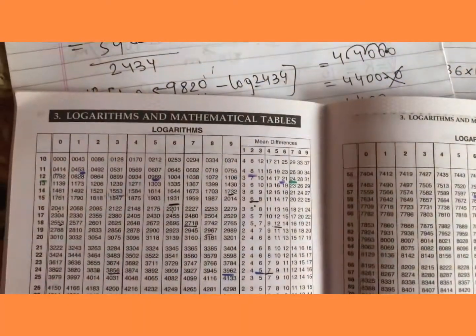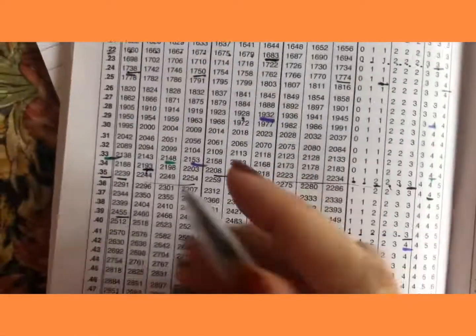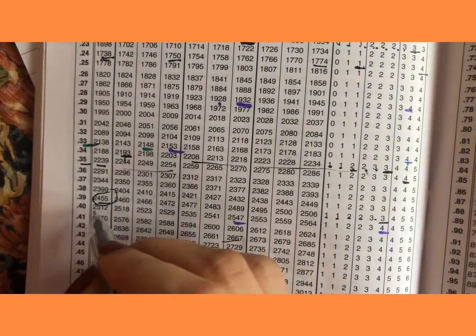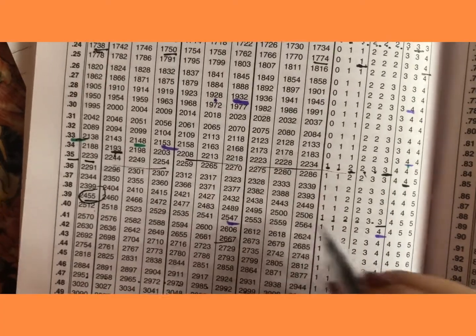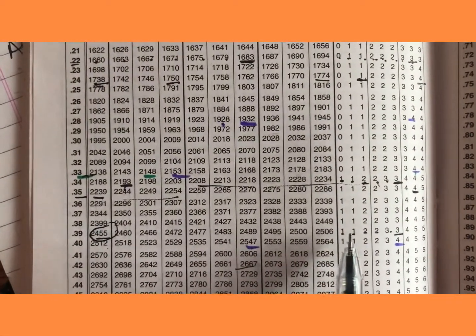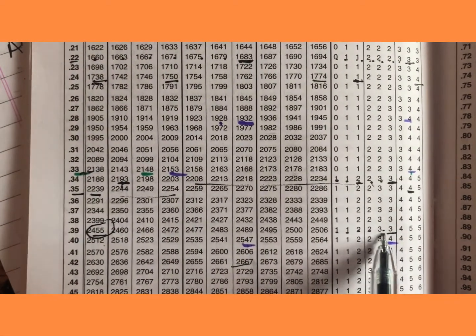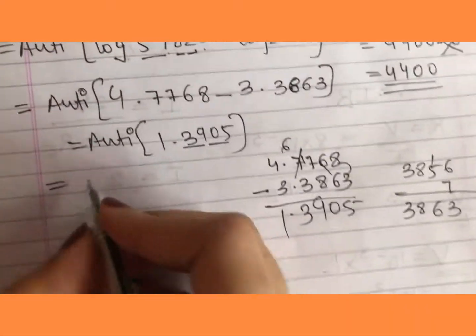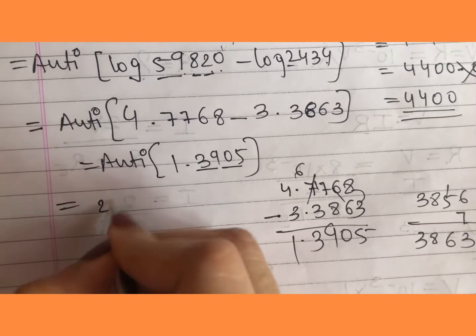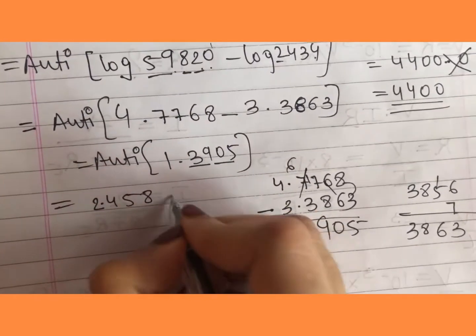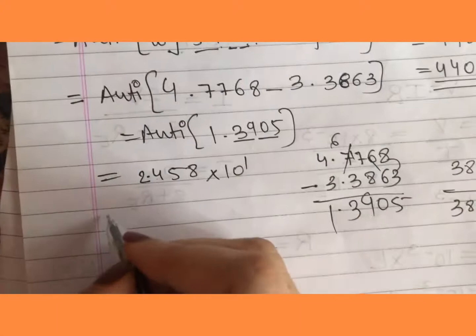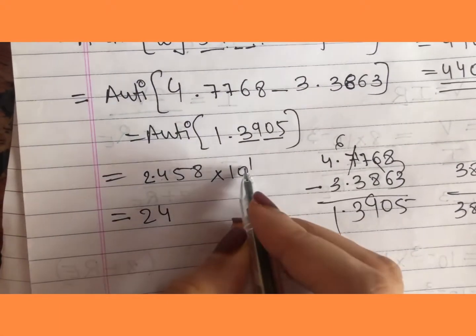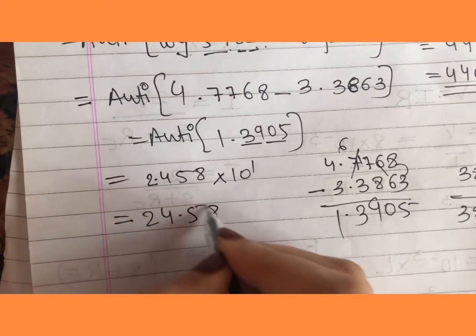एंटी-लॉग के टेबल में जाके 39 का 0, that is 2455 का 8. क्या है? 39 का 0 का 5. 39 का 0 तो ले लिए, 5 देखते हैं, 1 2 3 4 5, 3 है. So 24, double 5 plus 3, 24, 55 plus 3, 58. So 24, 58. First digit के बाद point into 10 raised to 1. So this is 24 into 10 raised to 1. So point shift कर लो, 58.